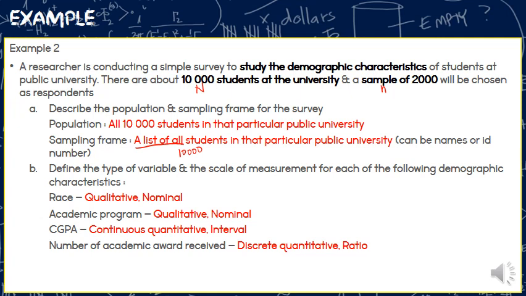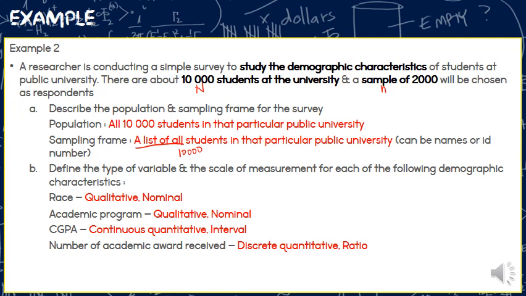A list of all 10,000 student ni boleh jadi nama, boleh jadi ID number, addresses and etc. Sebab soalan tak bagi tahu apa yang dia ada, so saya bagi example yang possible. Kalau soalan ada mention, dia kata dia ada student names, then your answer should be a list of all 10,000